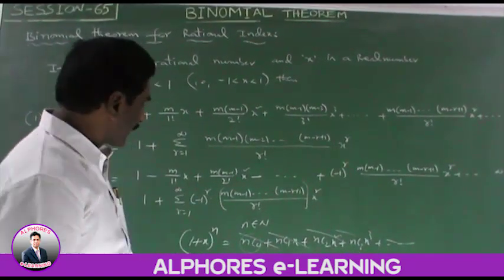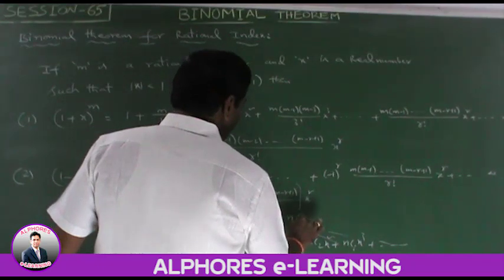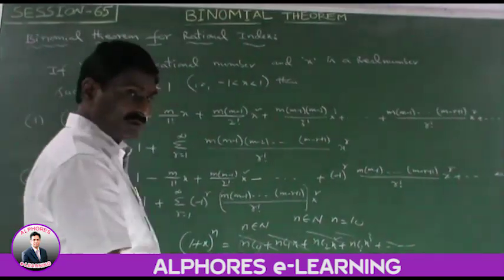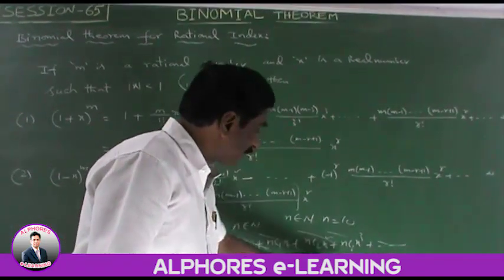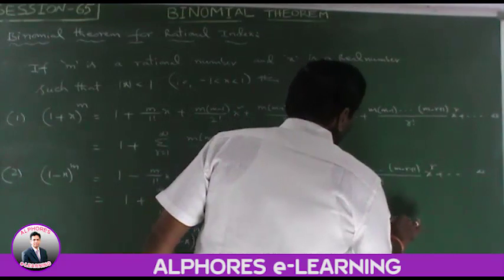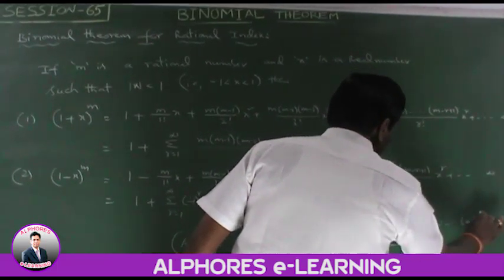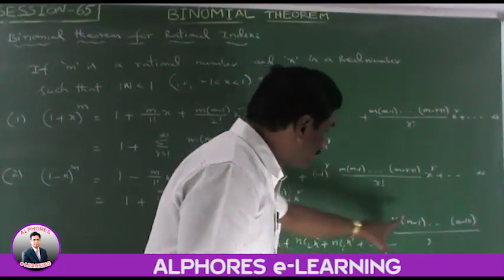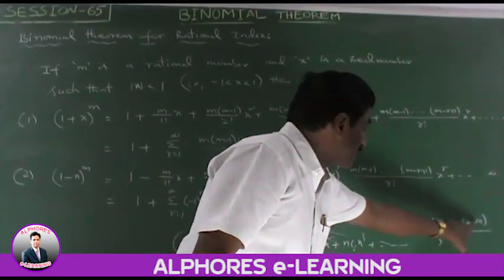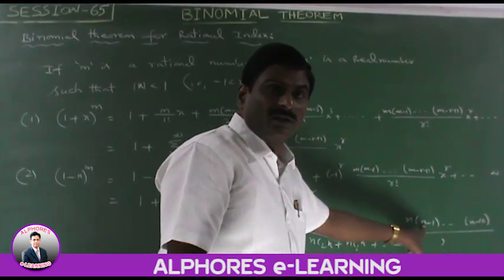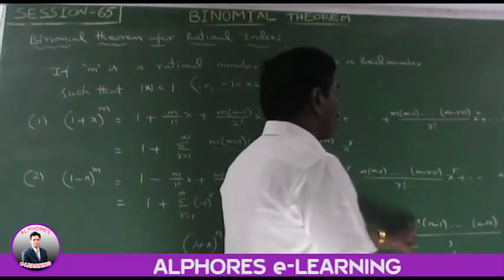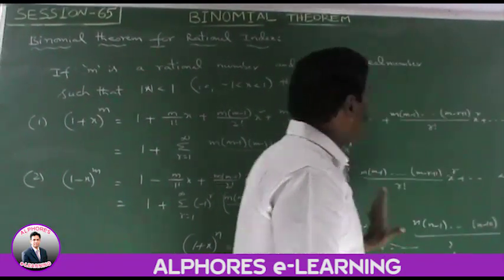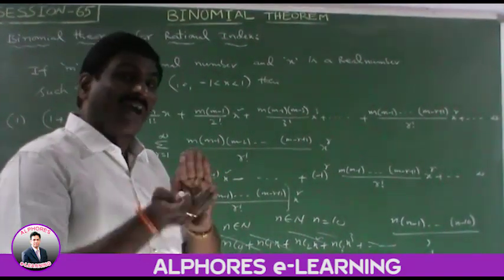Please observe this value. If m is an integer, that means positive, suppose the value of m is equal to 10. Here m, m−1, m−2, and so on, up to m(m−1)...(m−10) over something. In this case, what is the value of this result? At m equal to 10, this value goes to 0. Next, what is the next term? m(m−1) and so on (m−10)(m−11). This term is also 0. So, if m is an integer, we get a finite number of terms.